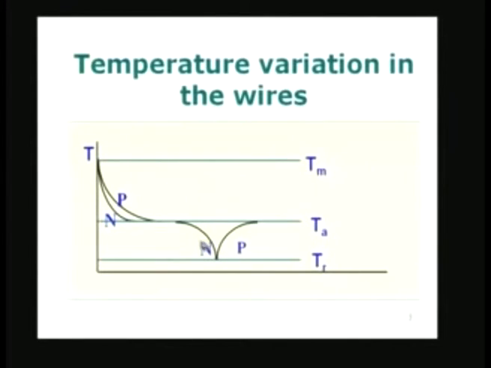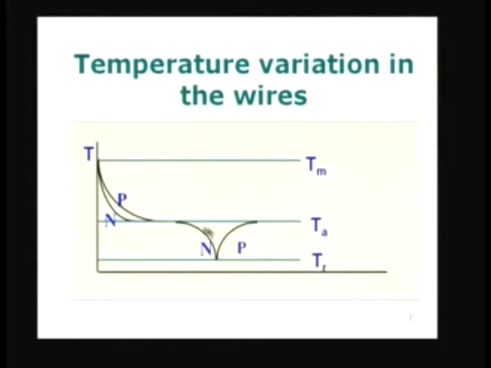And similarly, near the junction at the reference temperature Tr, again there is a warming up from the junction to the ambient. You can see here it is warming up from the junction temperature to the ambient temperature, and similarly the positive wire. So, both of them, in other words, much of the bulk of the wire away from the junction is at a uniform temperature equal to Ta. And if you remember what we have said earlier, if a thermoelectric material is at a uniform temperature, there is no thermoelectric phenomena which is taking place.